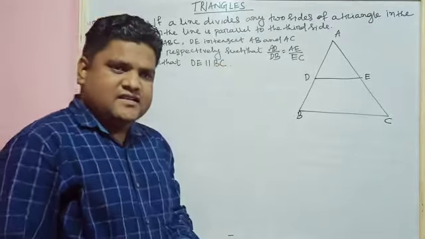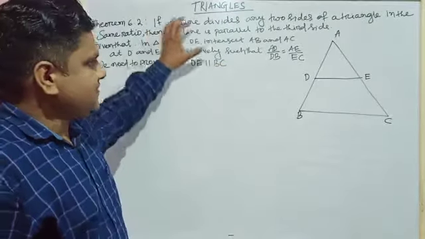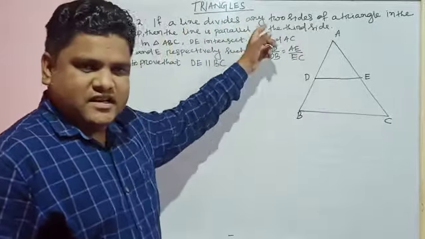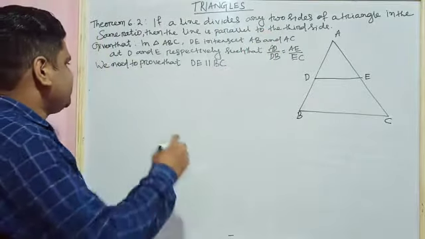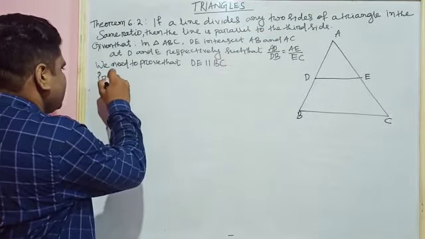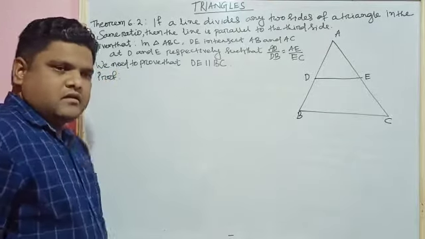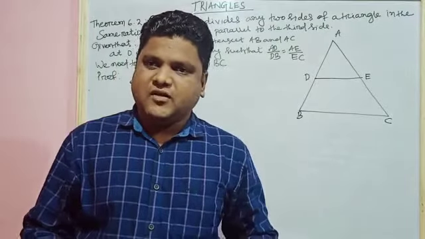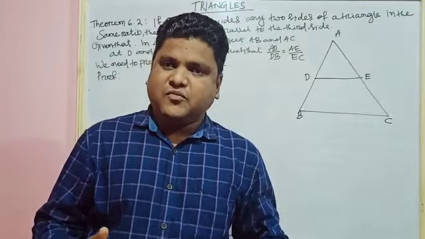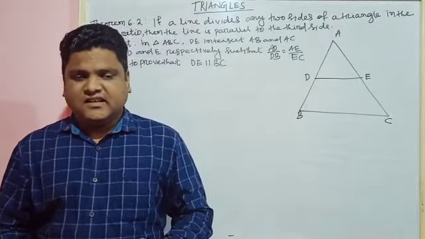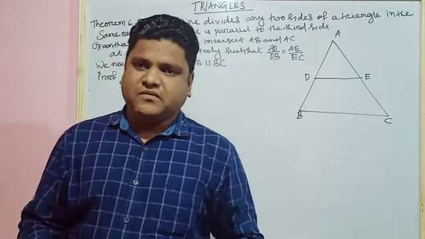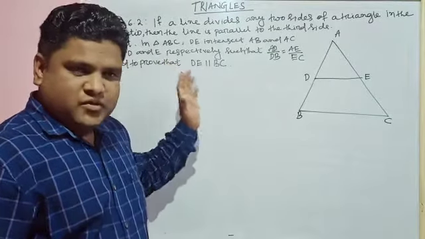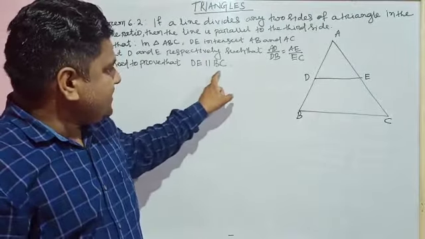Means we can write given and to prove from this statement. I have not written anything extra, and the figure is according to this statement. So let's prove this. Whenever we take the reverse statement of the proof as our assumption and later on we prove that this statement is false, then it is called the method of contradiction or method of reductio ad absurdum. Using that process we have to prove this. So we have to prove DE is parallel to BC.